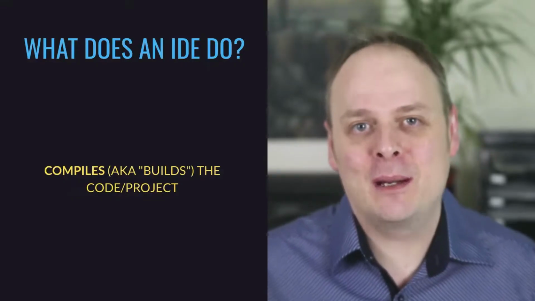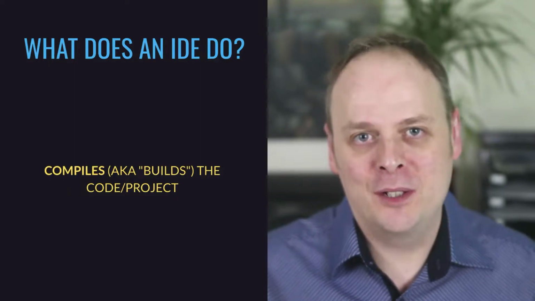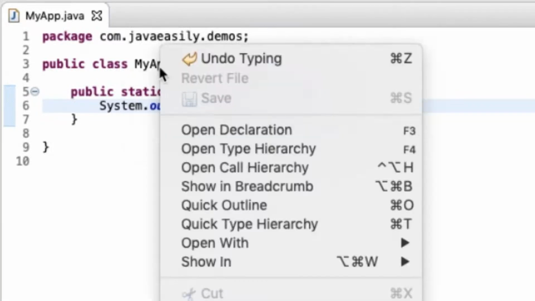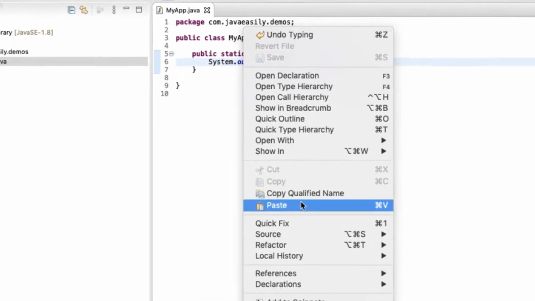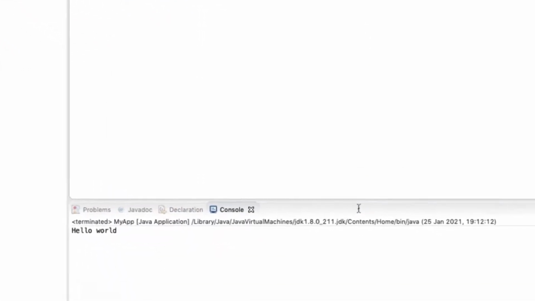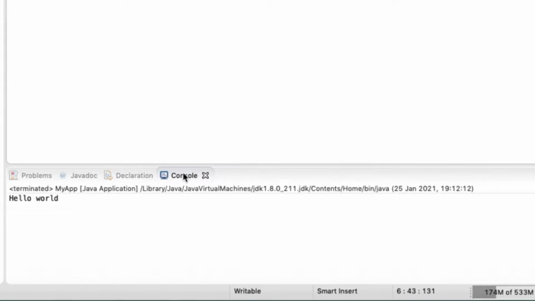The other thing an IDE allows you to do is to actually compile your code. So at this point, we've got a valid program. Now, if I just save it, because we've got this star here, which means we haven't saved it, so I'd do Command S on a Mac, Control S on Windows, just save that, and then if I right-click on the class itself, and do Run as Java Application, then we'll see here we've got this new tab which has popped up called Console. It says that the program's finished, that's what terminated means.